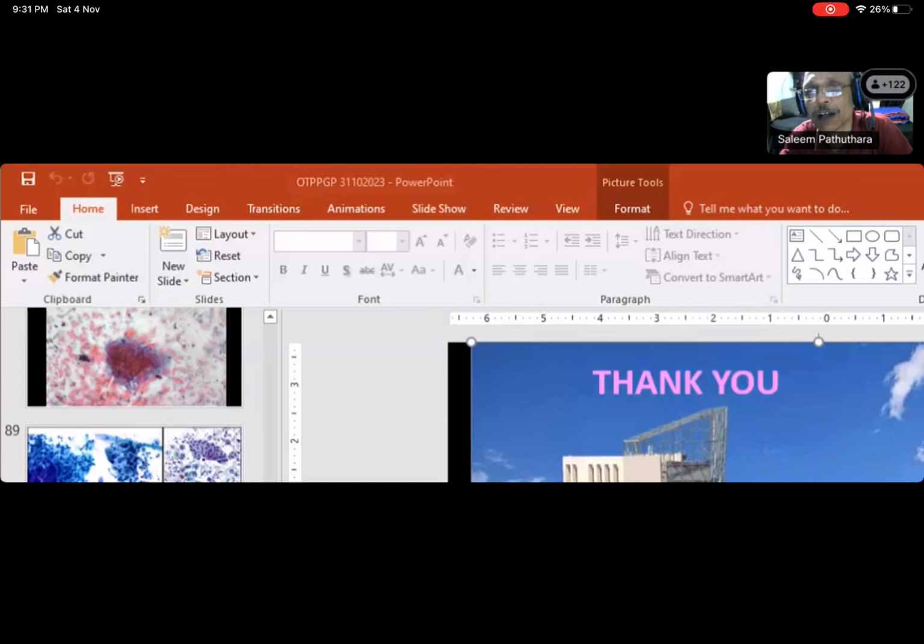Yeah, there is alcohol used for fixation and alcohol used for staining. Alcohol for fixation we can reuse and recycle, because alcohol is a very costly substance. At least for one month you can recycle it and use it for fixation. You need not go on changing it, but obviously it has to be filtered after every use. For a second patient, you have to filter the alcohol, and a fresh filtered one has to be given. Otherwise there will be a contamination problem from another case.